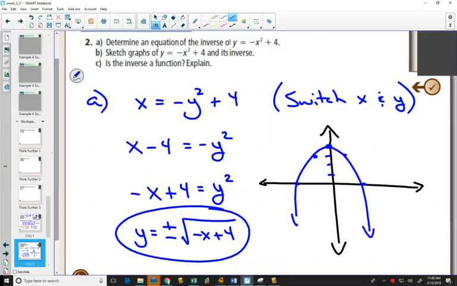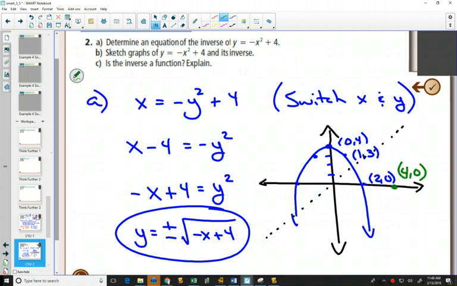that goes down. I would have to label some points. It has a vertex at 0, 4. Maybe I label 1, 3 and 2, 0 as additional points to show how wide it is. Now, when I reflect that one over the line y equals x, all that I'm going to do is switch my x and y values. So switching my x and y values, instead of 0, 4, and I'll do this graph in green,